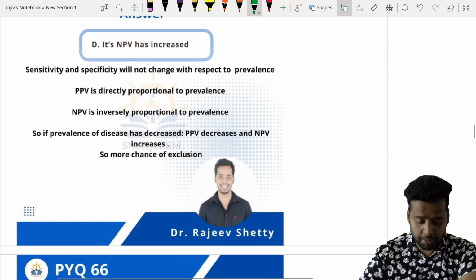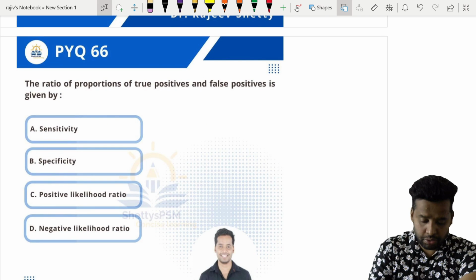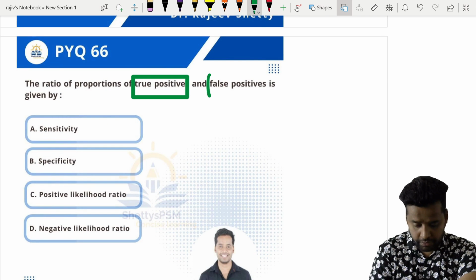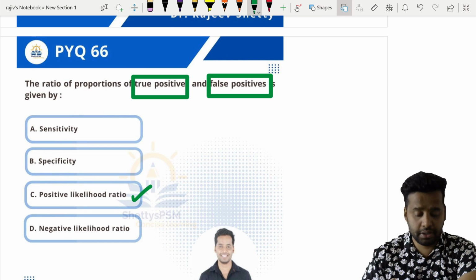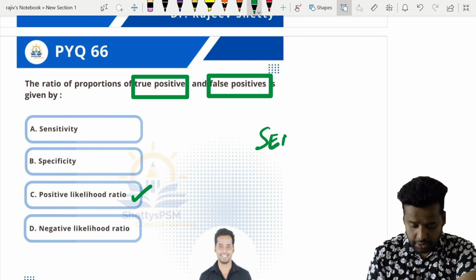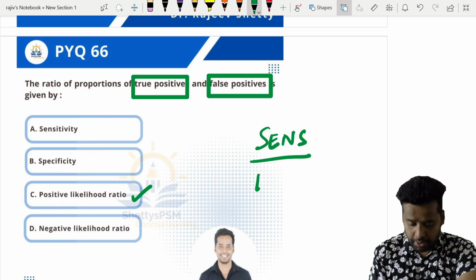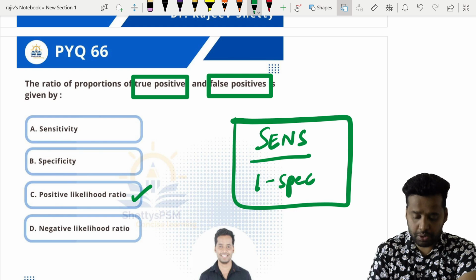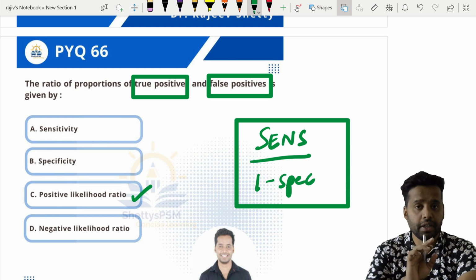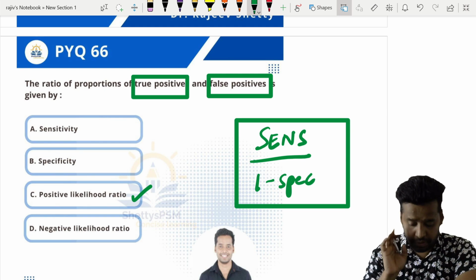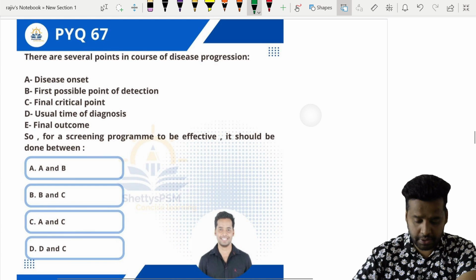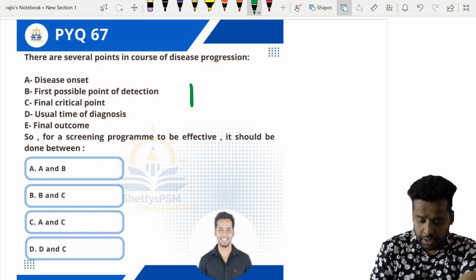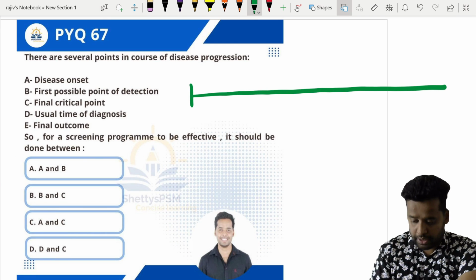Answer is option B. The ratio of true positives and false positives of a test is positive likelihood ratio. The percentage of true positive result, sensitivity, divided by the percentage of false positive result. The formula for positive likelihood ratio is sensitivity over 1 minus specificity. Keep this in mind. So question number 67 says, if I am telling the natural history of disease like cancer,